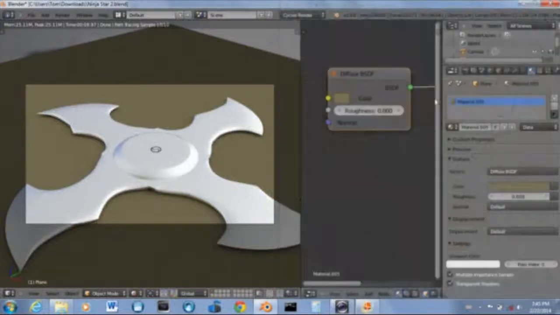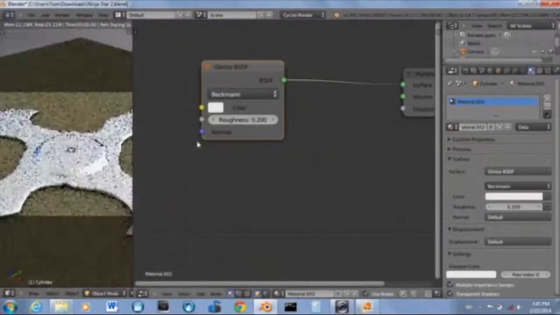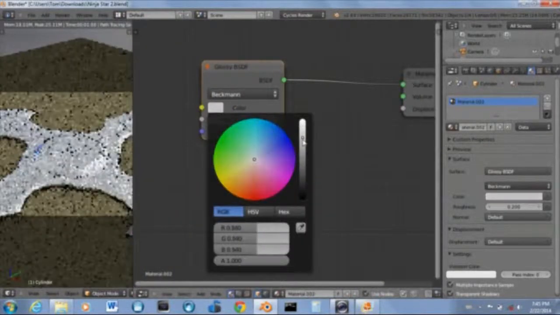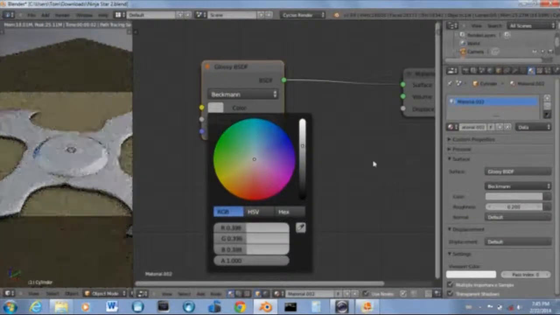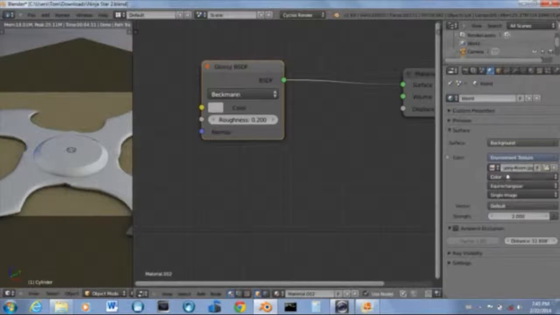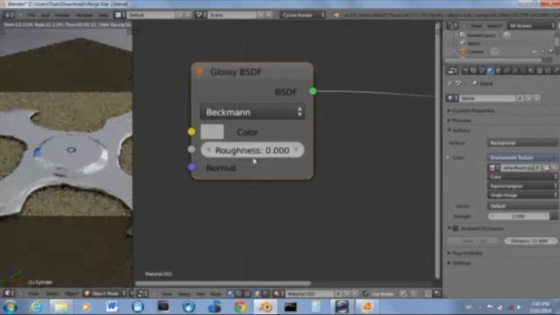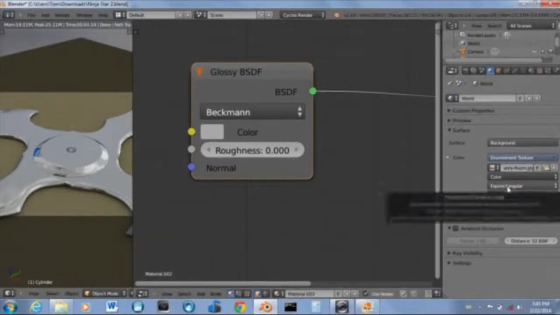Anyways, let's put that away and click on our mesh. Make sure you don't click on the little center thing. And we're not done with this, so we have to make this a much darker color. And then I'm going to put the roughness down to 0 first, and then go to the world settings and set it from